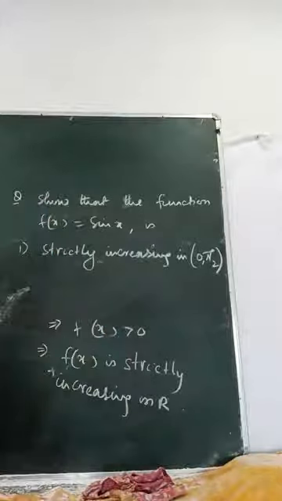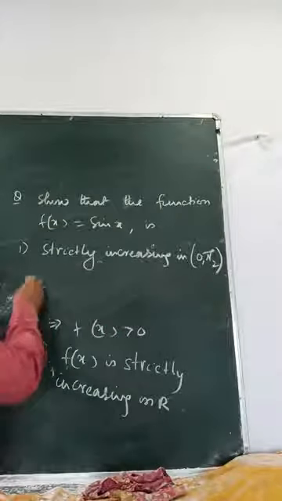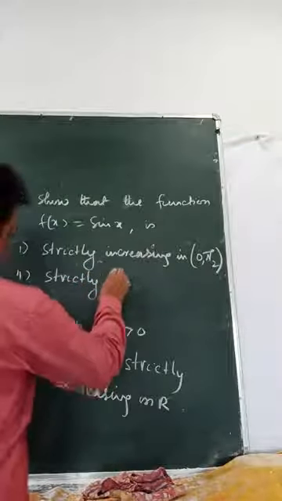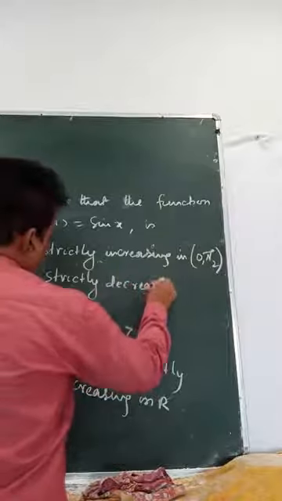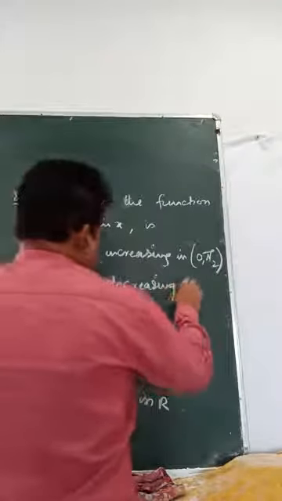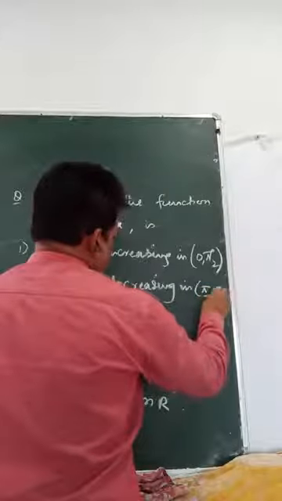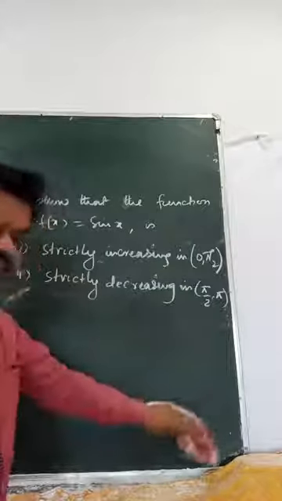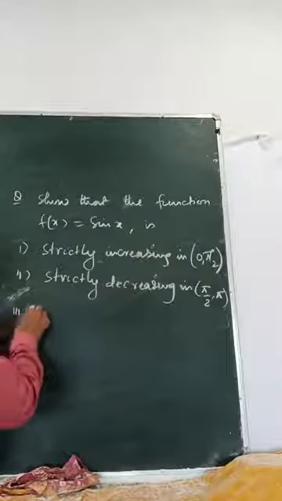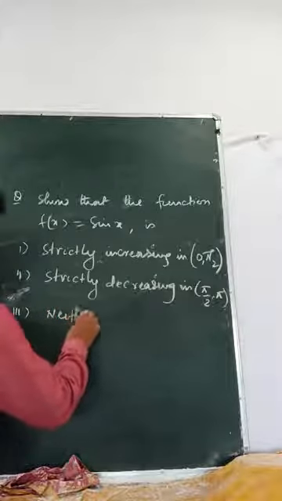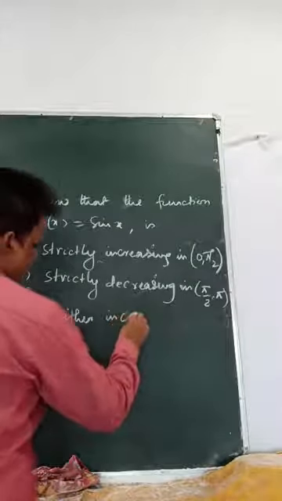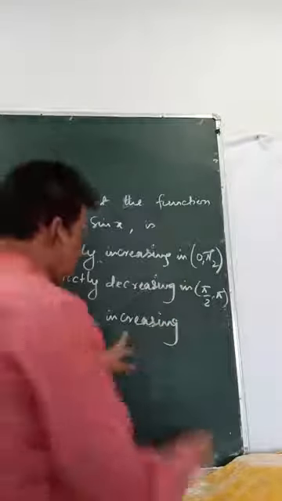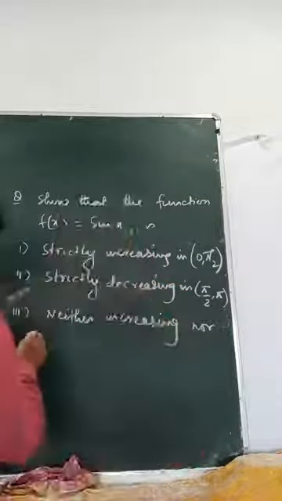Second, strictly decreasing in pi by 2 to pi. Verify. The third point is very important for us: neither increasing nor decreasing